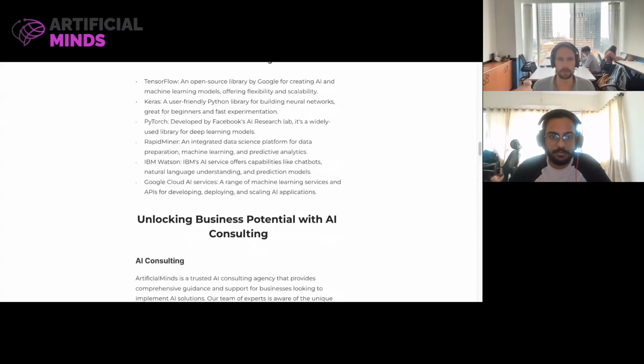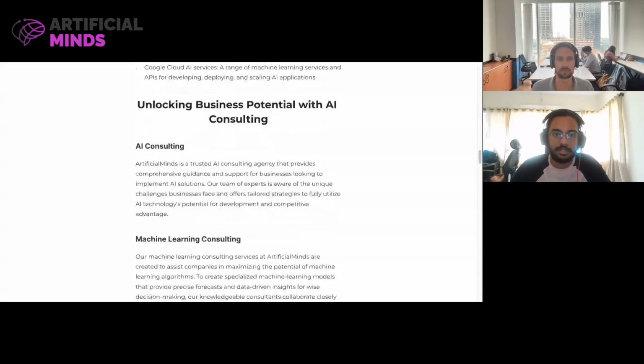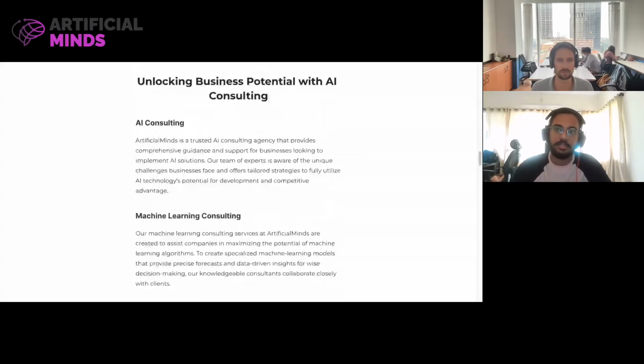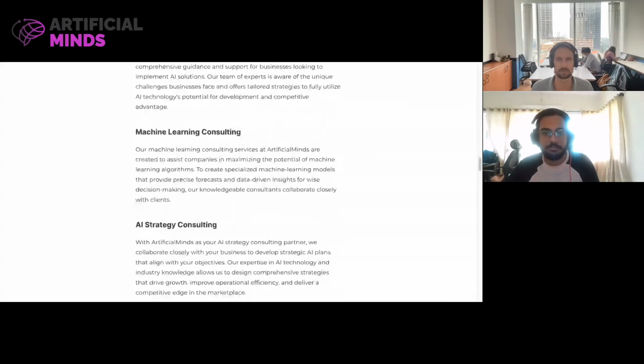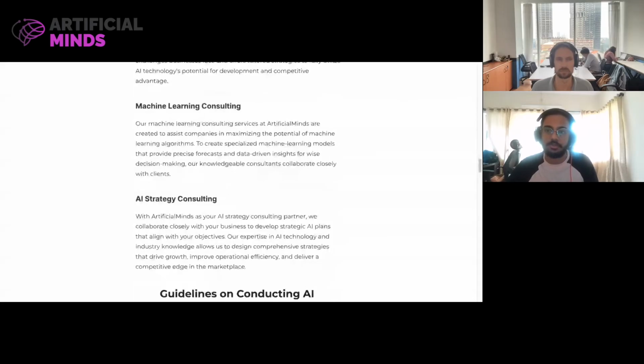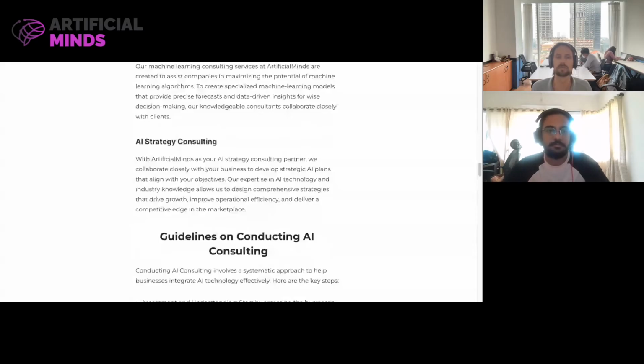All right. In terms of unlocking the business potential for AI consulting, what is involved there? For example, when you're talking about services such as machine learning consulting, the agencies can create a machine learning model which can be converted into an API, and the API could be sold. Those APIs and machine learning models can work on the back end, and you don't need to train them again and again. Also, you can create artificial intelligence applications such as a chatbot or ChatGPT-style tools.